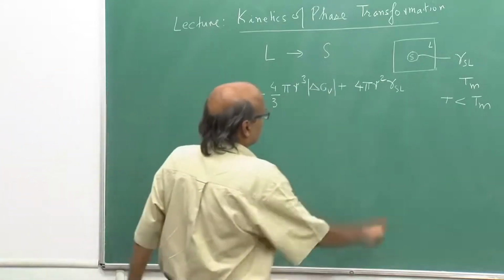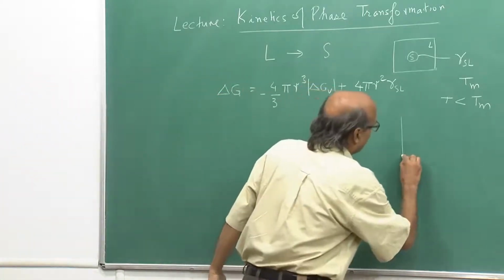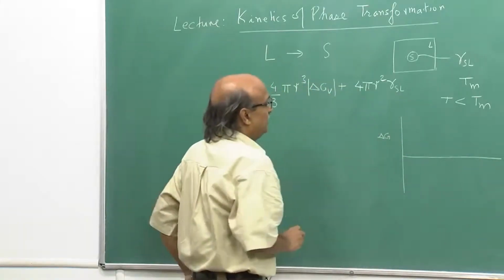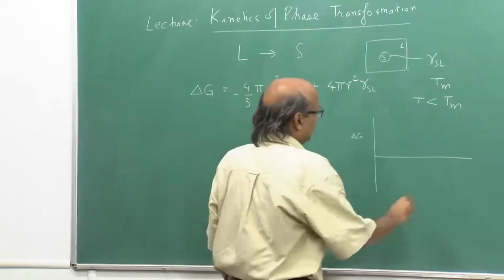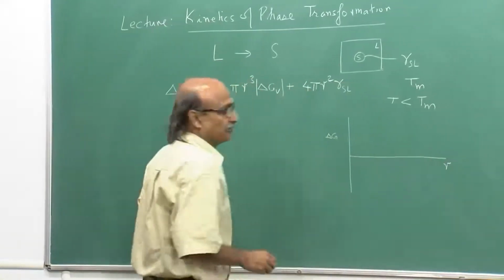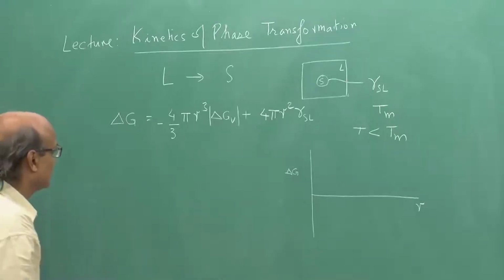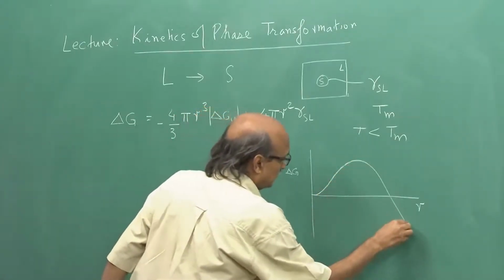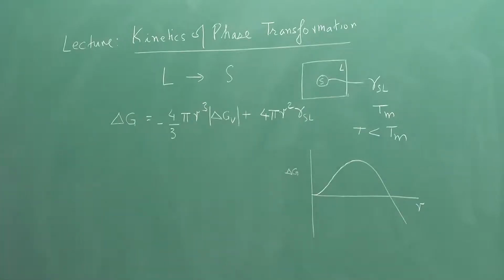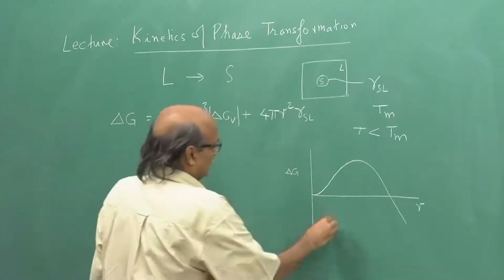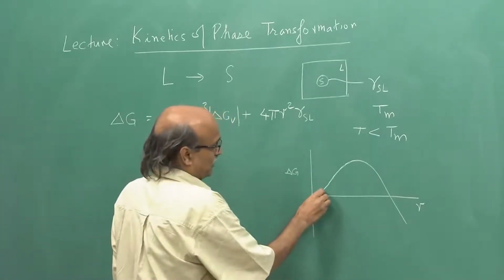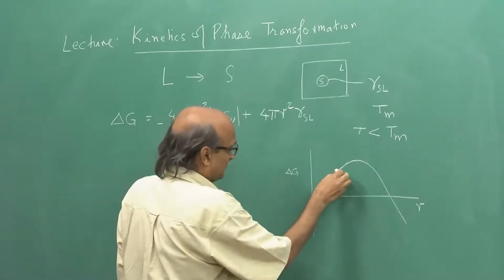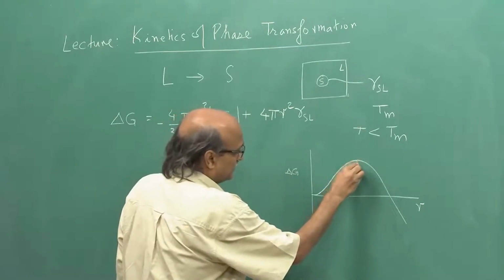So, as Professor Mandal has already told you, if I were to plot delta G versus the size of the nucleus or the radius of the spherical nucleus, then we get a curve like this, showing that initially for small radius, we have a positive delta G until it reaches a peak,